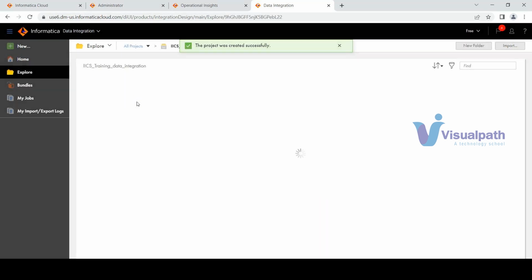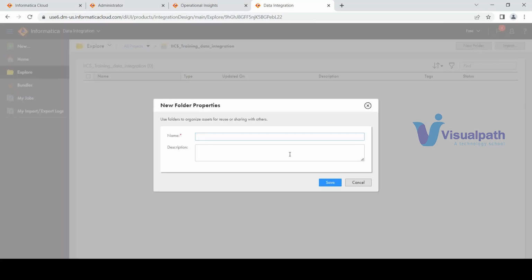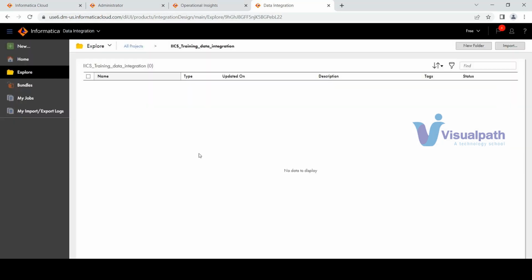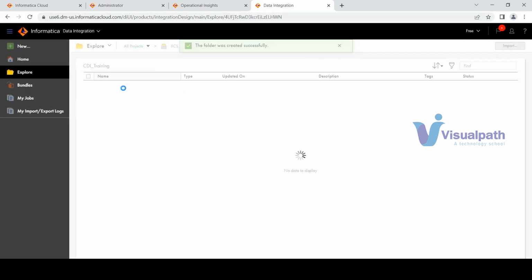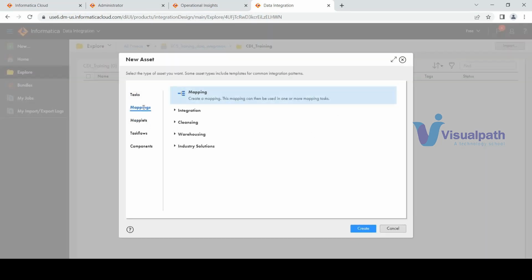I go inside that project and then I'm going to create a folder. Click on folder. Let's give the name CDI training. I just give a name called CDI underscore training. So I can create my assets inside my folder. Every time I click on new asset, new mapping, click on create mapping,